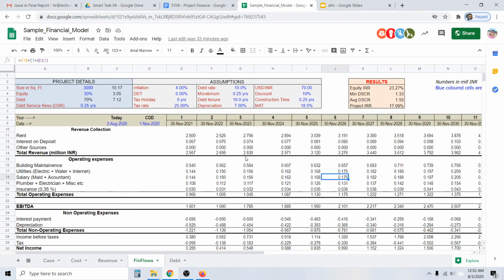Now what happens is that when you actually make a financial model, it might be possible that things are not simple like this. There are a few things you need to add, a few things you need to subtract. First of all, this is the basic framework, and then you need to add or subtract. You can add and subtract very easily, but you need to understand the finance part of it. If you understand, adding and subtracting things is not so difficult. Okay, so this is how you learn how to prepare a basic financial model. Okay guys, and if you have any doubts, you can ask me anytime.